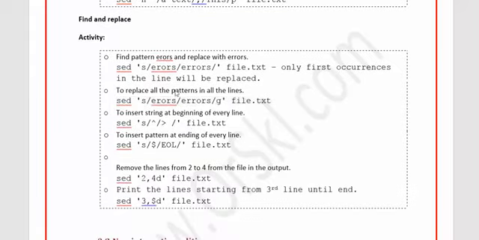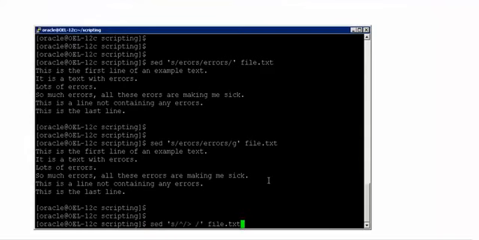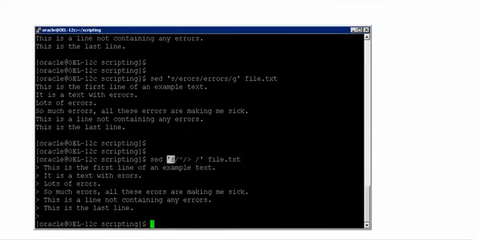Now, as in grep, we know that caret is to say beginning of the line and dollar is to say end of the line. Now the beauty is here. In case you want to insert a string at the beginning of every line, this is how you do it. That's the reason we have caret. So if you see, s is very much important, as search s and / is what you have to use. Now what are you trying to say? Caret. Whenever you use caret and /, you are saying that you replace every line with a greater than symbol. That's it, you end it. So every line in the file is now prefixed with the greater than symbol.